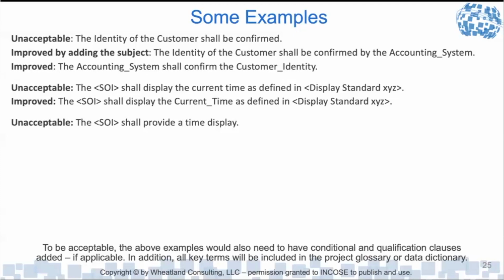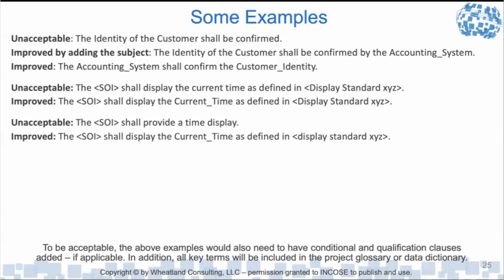What does that mean? Do I just have to display but not actually put the time in it? What format should it be? A lot of information missing. So again, display the current time, define exactly what that is, and then the form is defined in the display